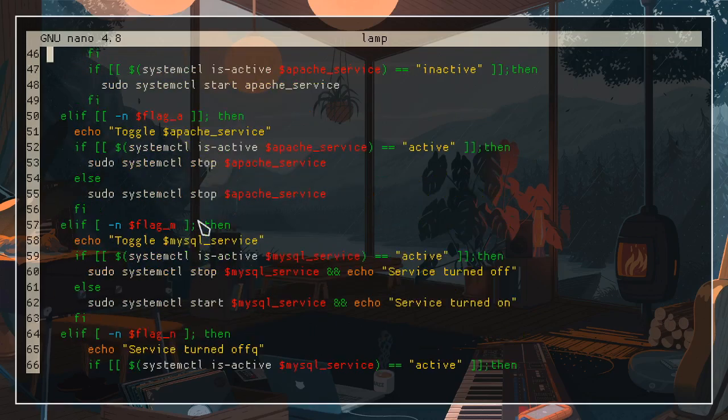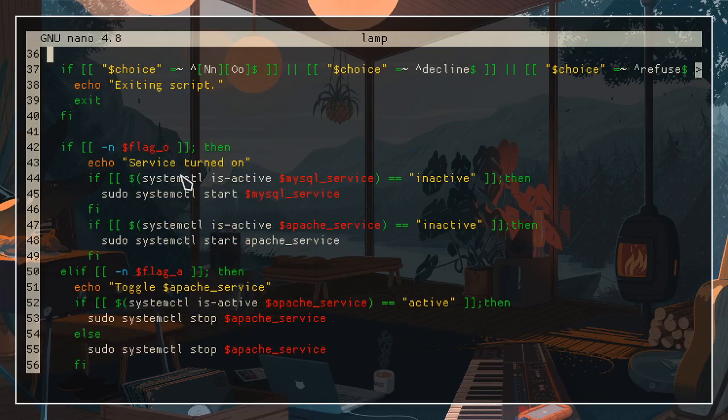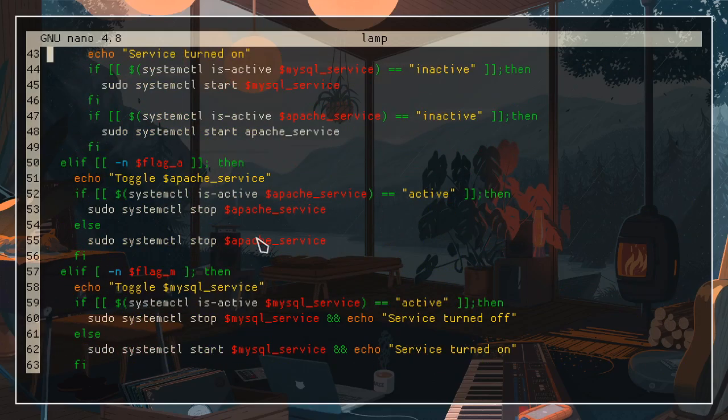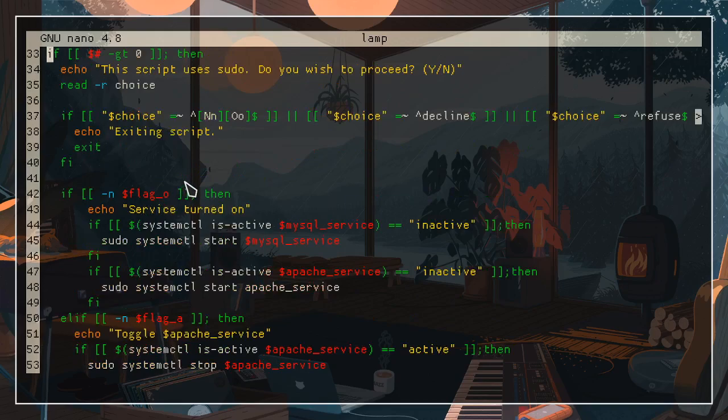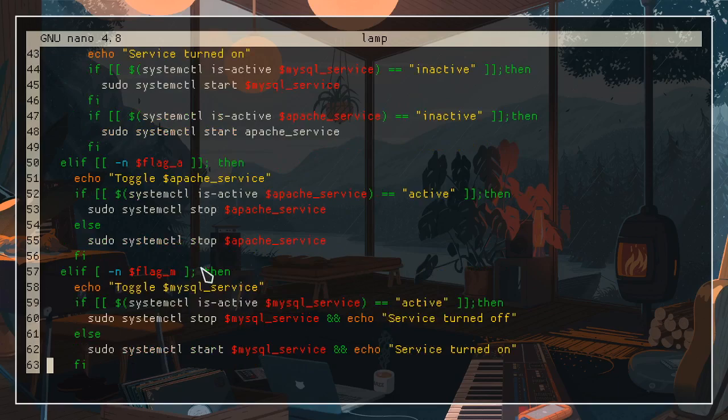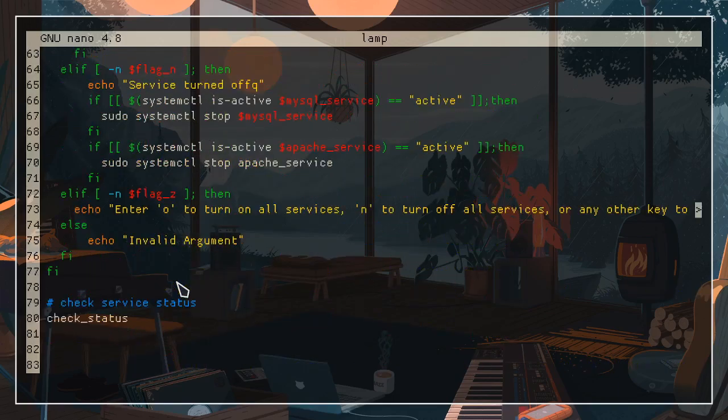If the N flag, if the O flag. Okay, I'll work on that. I wanted to show you this cool program that I have, and I really like the toggle feature, which you have for Apache and MySQL. But for some reason, when it reads this part of the code,